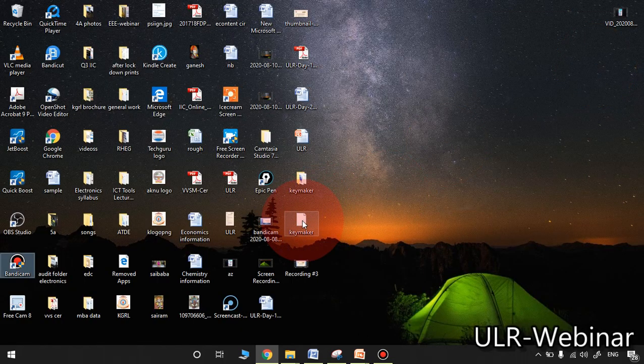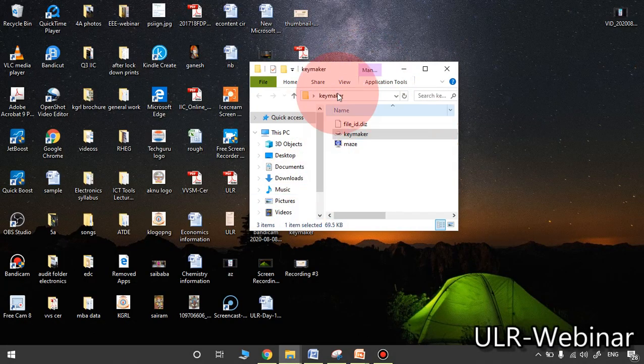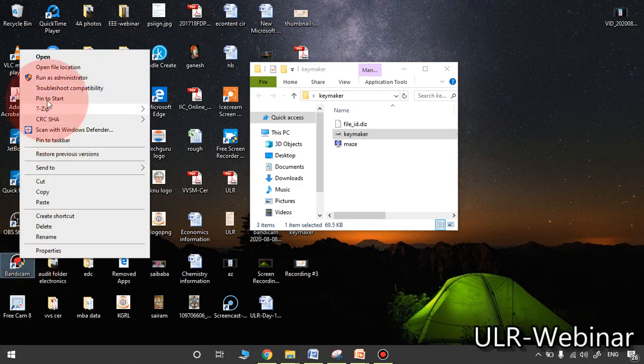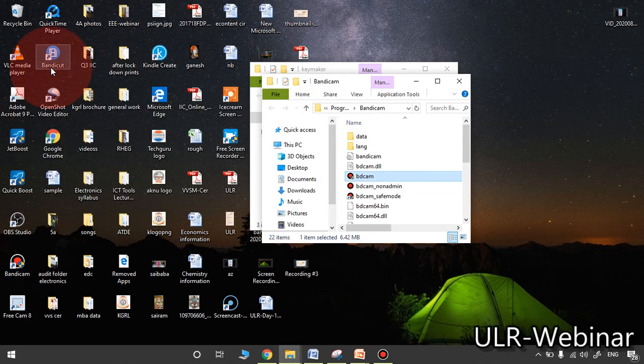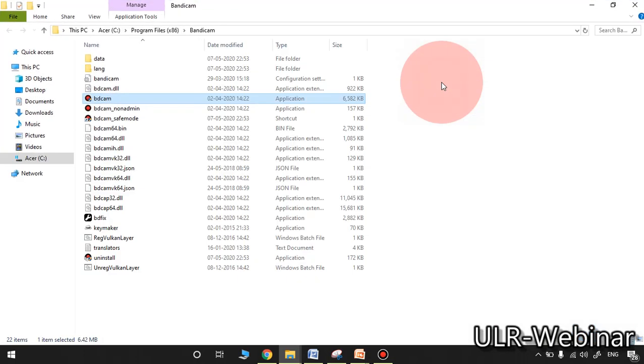Then the zip file will be downloaded into your system. Extract all the files. KeyMaker folder will be opening. Copy this KeyMaker from here. Come to the Bandicam desktop icon. Open file location. Try to paste that KeyMaker into this folder.